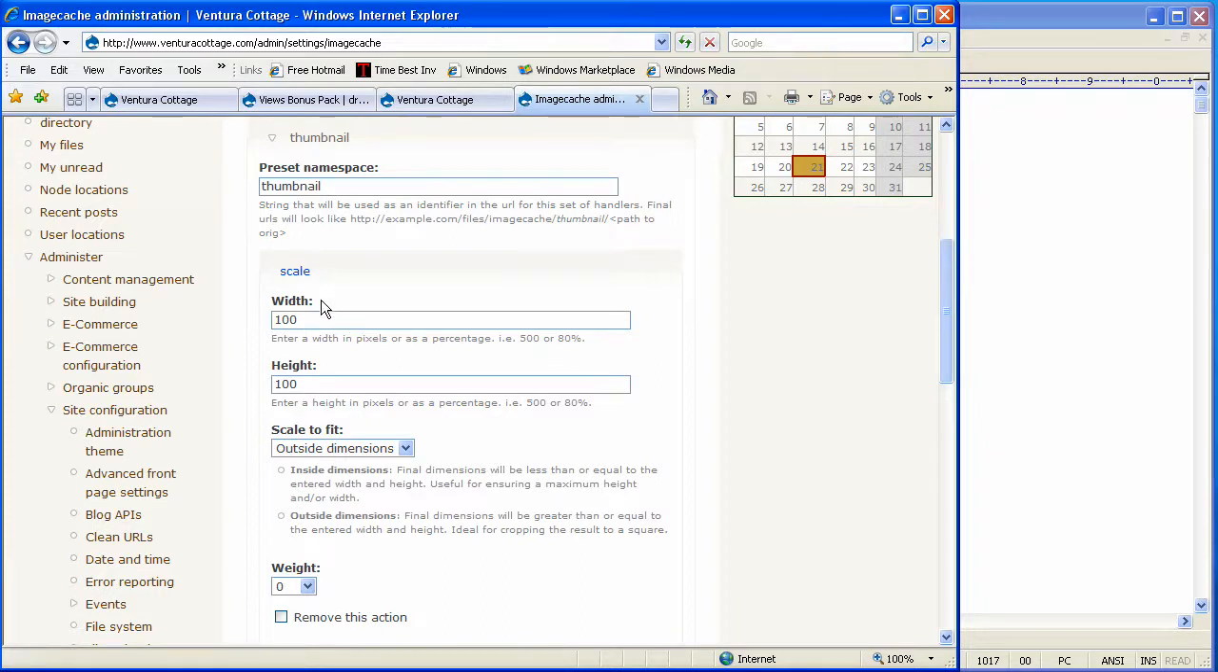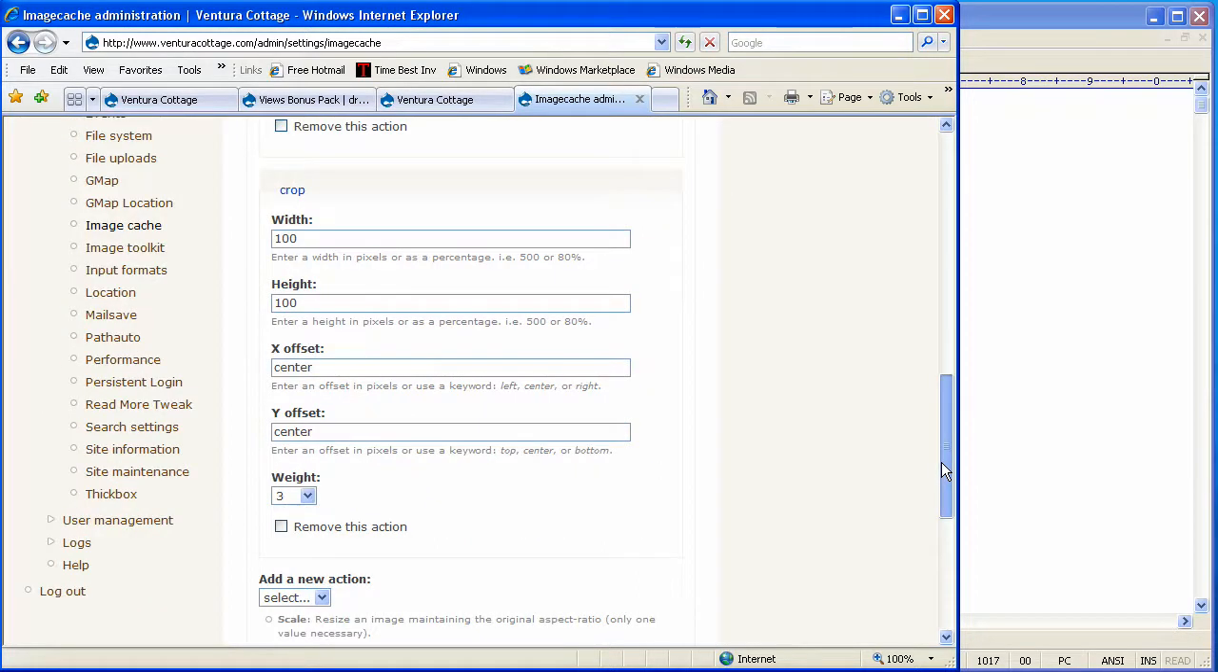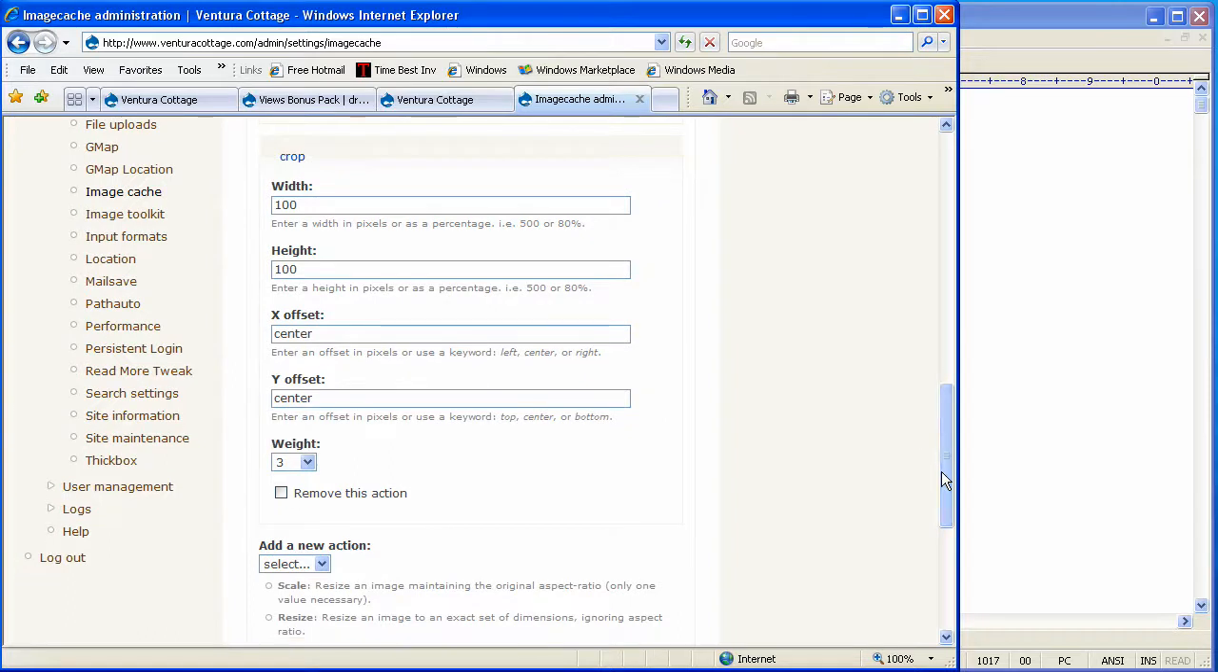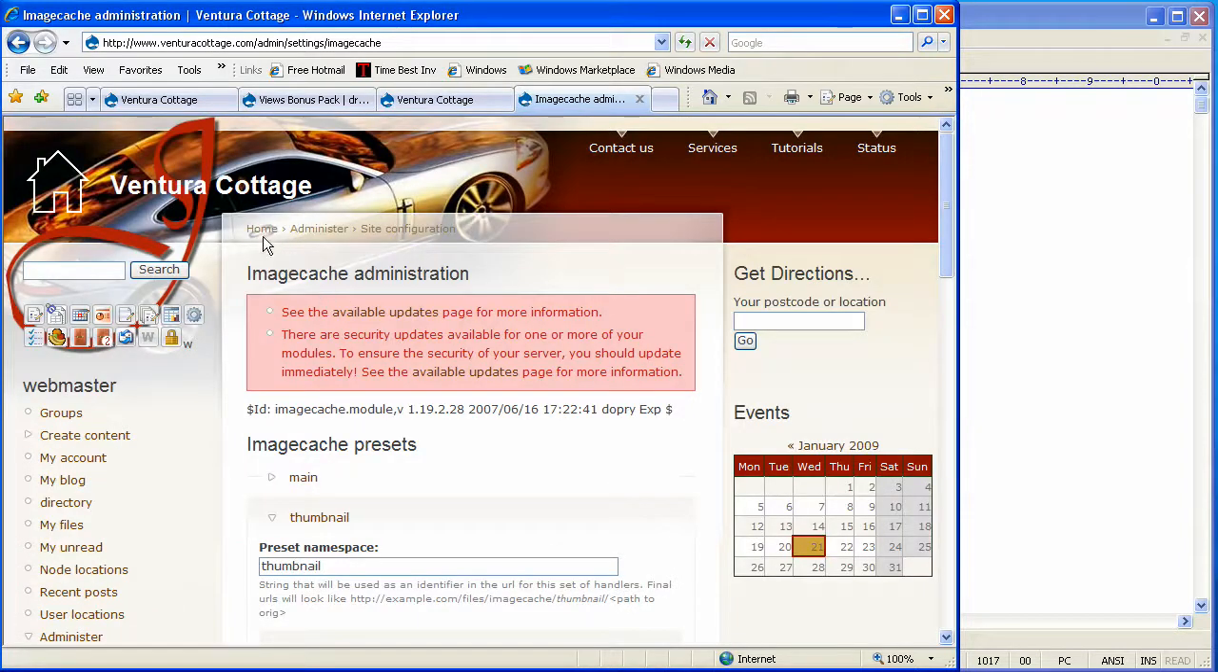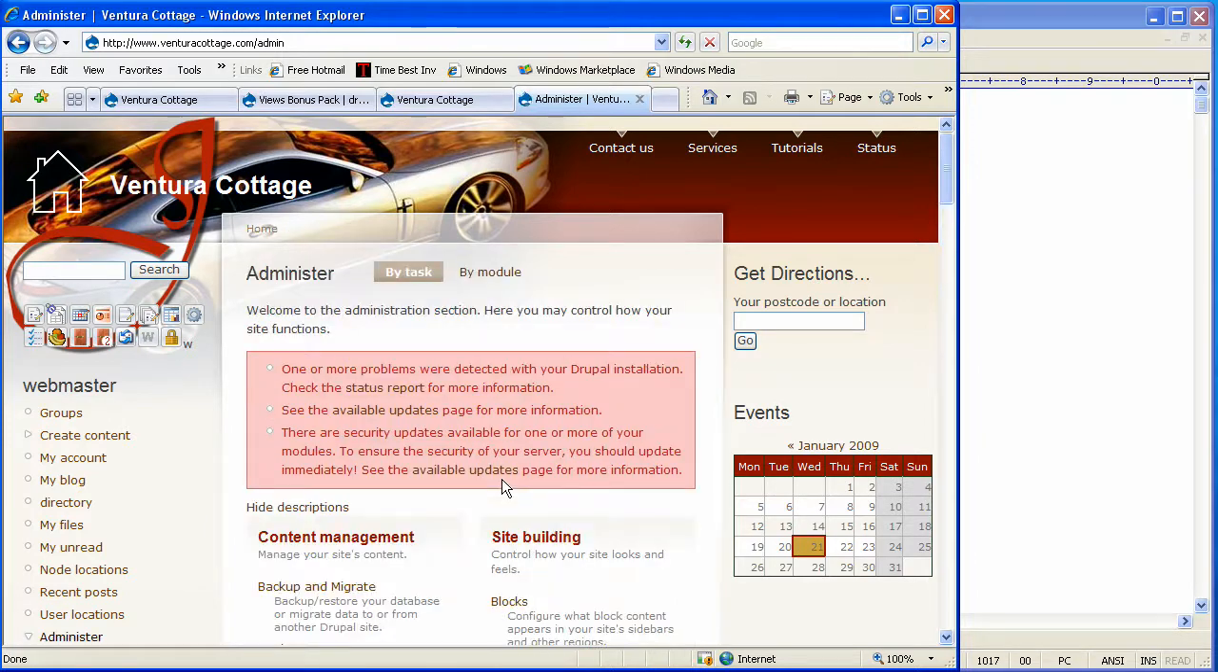First of all, we scale it to 100 by 100 using outside dimensions, which ensures that the image is at least 100 pixels in both directions. And then the second aspect is cropping it to exactly 100 by 100 and using the center of the image as the starting point. Once we save that and create that preset, we're then able to go to the content types, and in there we create a new field called image,